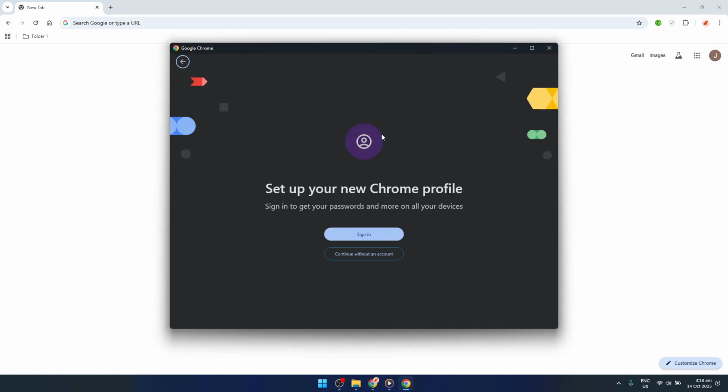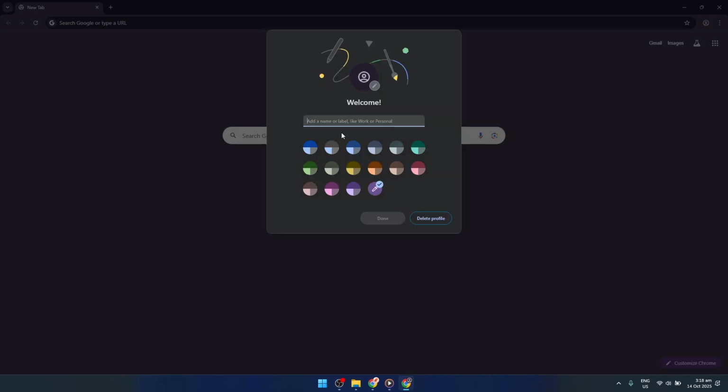After you've selected Add or Manage Profiles, another window will prompt you to add a new profile. Click on Add. Now in this next window, you're presented with a few options. Go ahead and choose Continue without an account. The importance of this step lies in the fact that you don't need to associate a new profile with an existing Google account right away. Instead, this option lets you create a